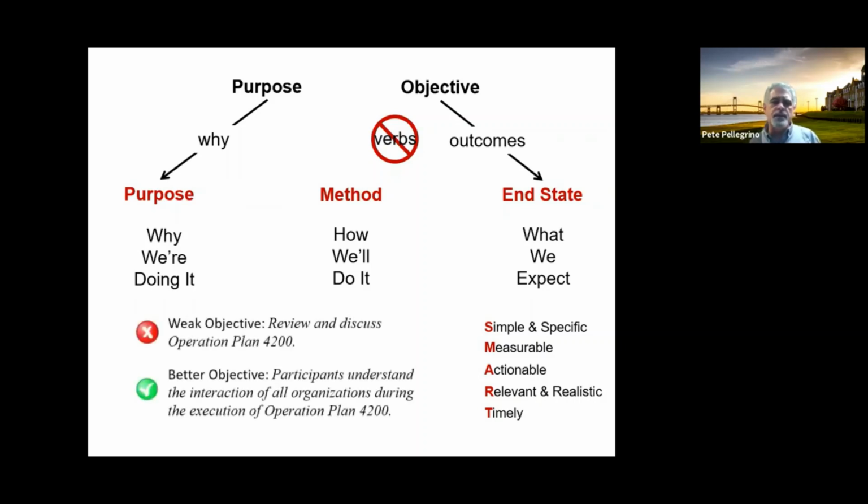The example I typically use here is very typical of an objective for some sort of war game, which is meant to look at operational plans or concepts: "review and discuss." Well, how do I know I've actually done it and met the objective that the sponsor was shooting for? Because we can review and discuss and get nothing out of it and be no smarter than we were before the event. As opposed to here, where the participants understand the interaction of all organizations during this execution, because now we've narrowed it into a very specific takeaway from this event. Often phrased as an expression we ask sponsors during concept development conferences, which we'll talk about coming up.